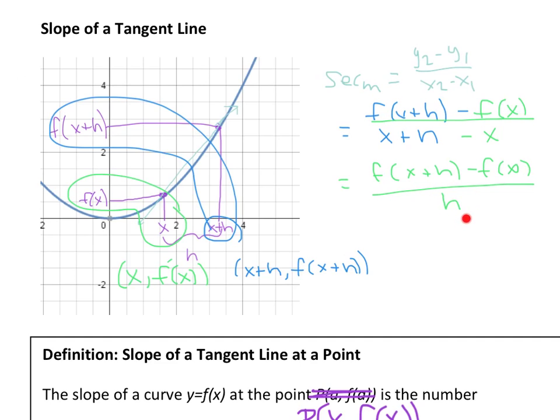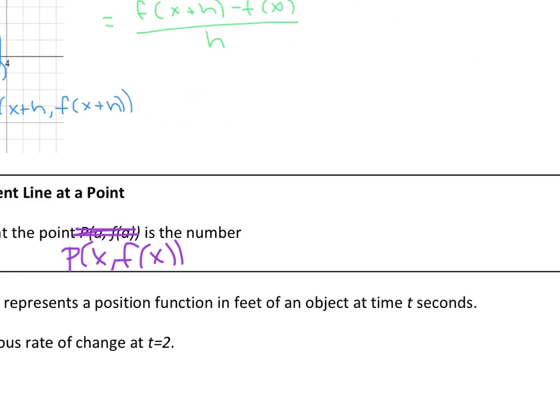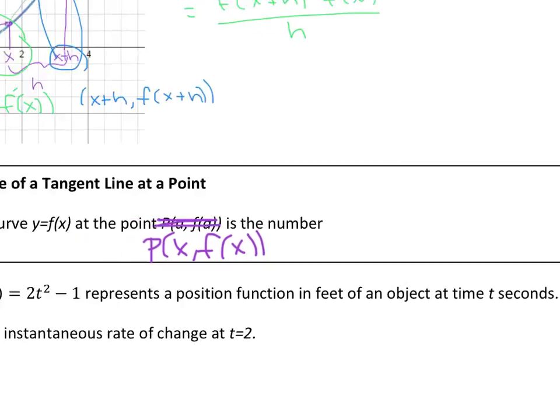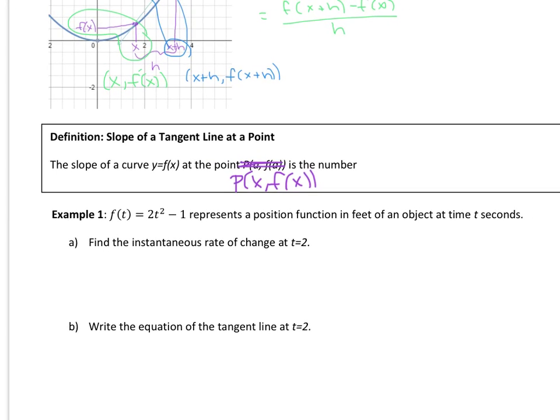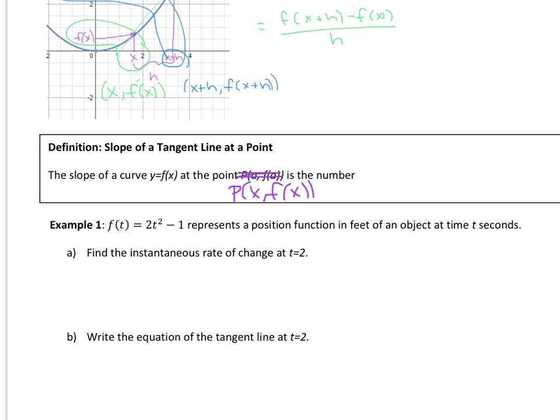But we have a mathematical tool that allows us to get super, super close to 0. And in case you forgot what we've been doing in class for the past month, that's called a limit. So we say that the definition for the slope of a tangent line at a point, the slope of the curve y equals f of x at the point P, x comma f of x, where the P is just there because it's representing a point, is the number